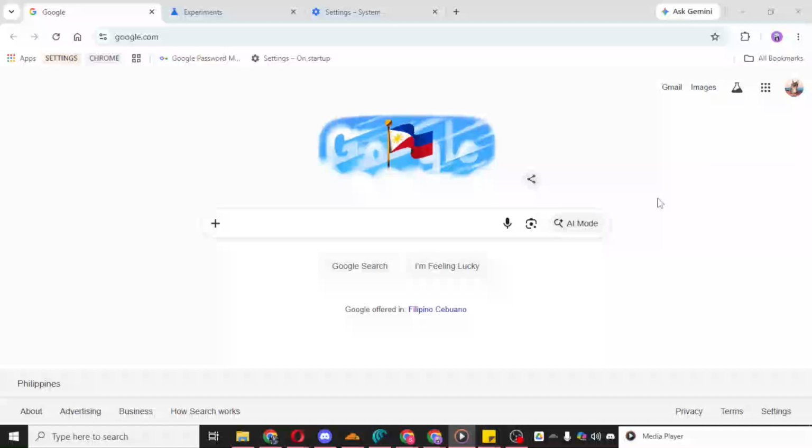In today's video, I'm going to teach you how to change the language in Google Chrome back to English. If your Chrome browser is currently showing menus and settings in another language, don't worry. This is a simple fix, and I'll walk you through it slowly so it's easy to follow. As long as you can open Chrome and get into the settings menu, you'll be able to switch everything back to English in just a few moments.